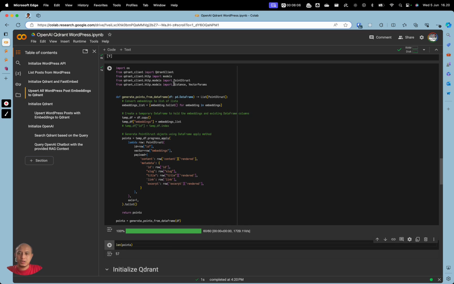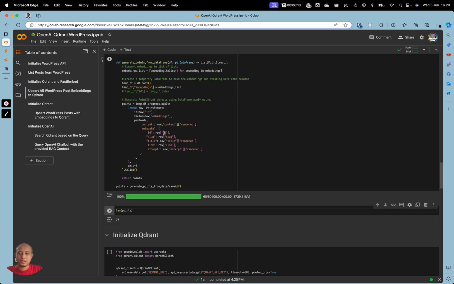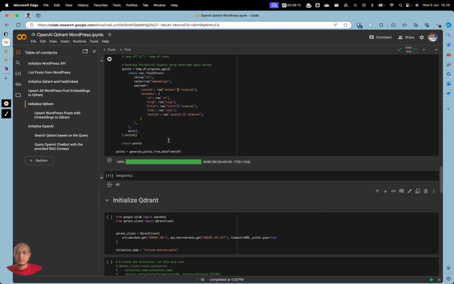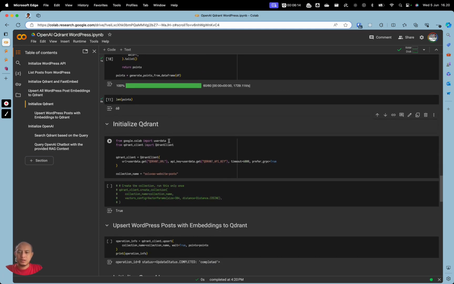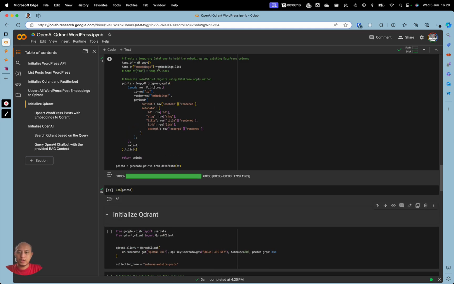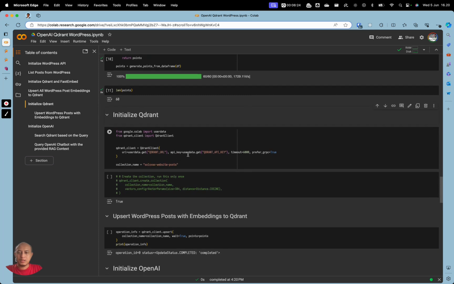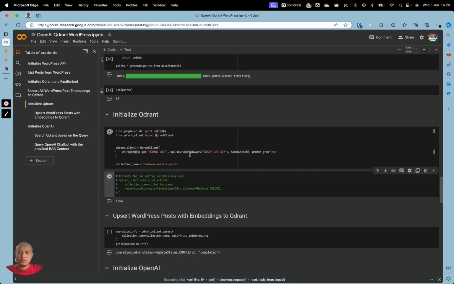The PointStruct is an object from the Qdrant client. And now, after we have generated the points with the content, metadata and the embeddings, we can then upload them to Qdrant.